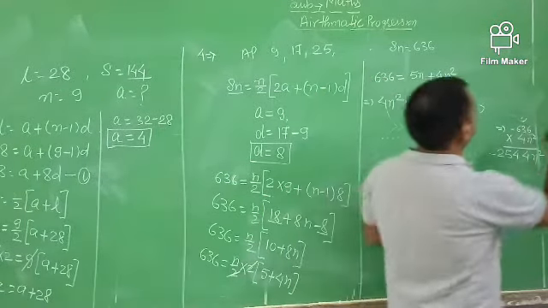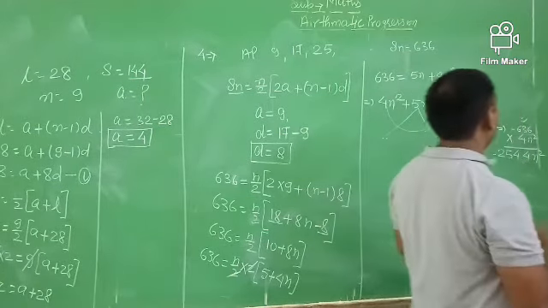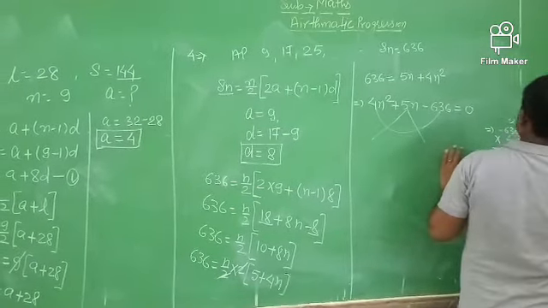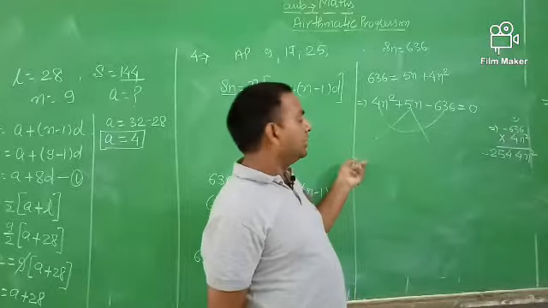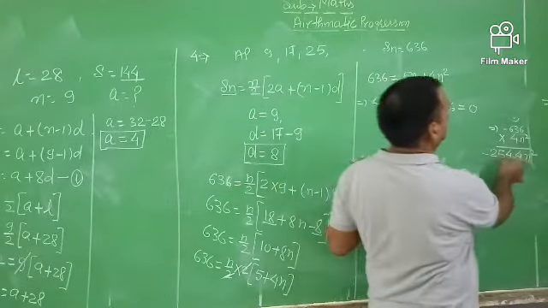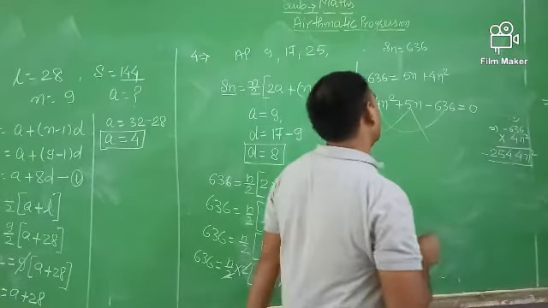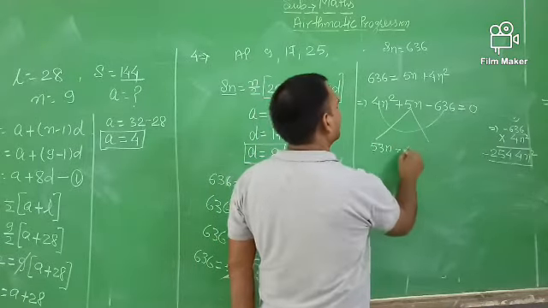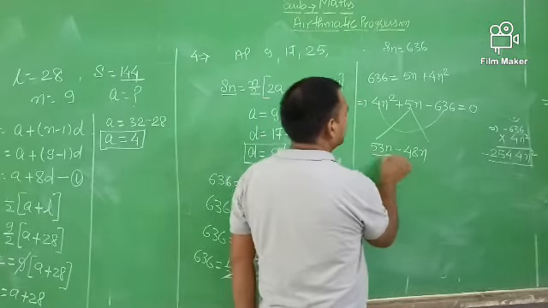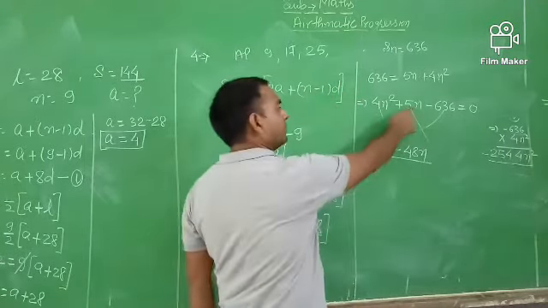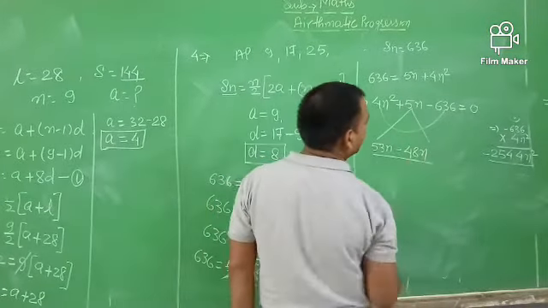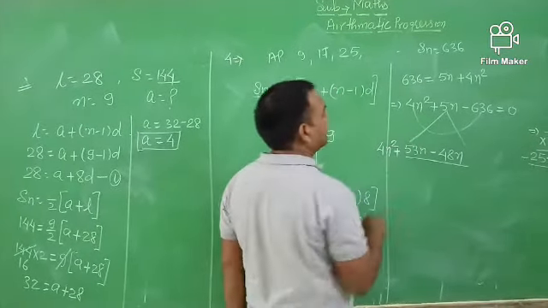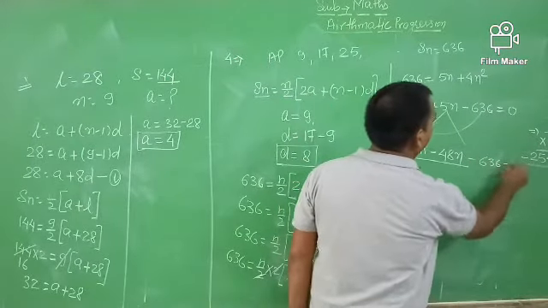So first you factorize 2544n square into two parts. For the 5n, this is 53n minus 48n. If you subtract 48 from 53, the answer is 5n, and if you multiply both these numbers, the answer is 2544n square. So this is 4n square plus 53n minus 48n minus 636, equal to 0.